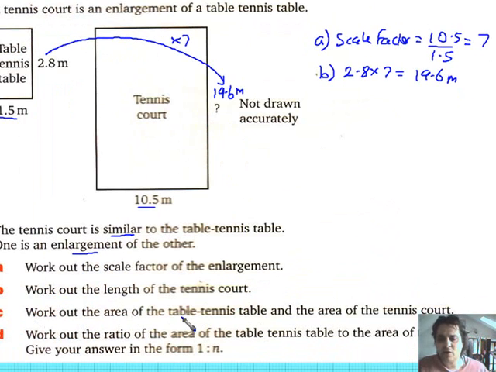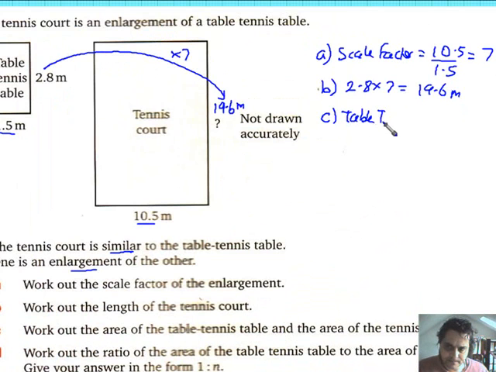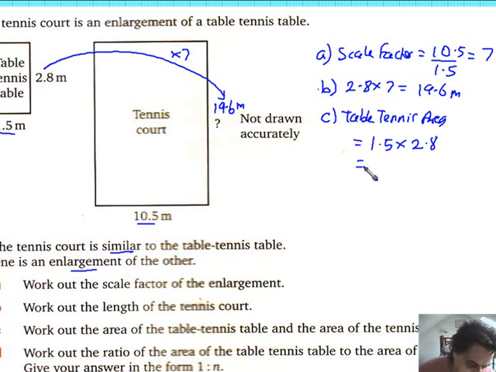Work out the area of the table tennis table and the area of the tennis court. Okay, let's just do table tennis first. What have we got? We've got 1.5, the width, and a length of 2.8, and that gives us something. 1.5 times 2.8, that gives me 4.2. So 4.2, and it's meters squared because we're talking areas now. And now the tennis court itself,